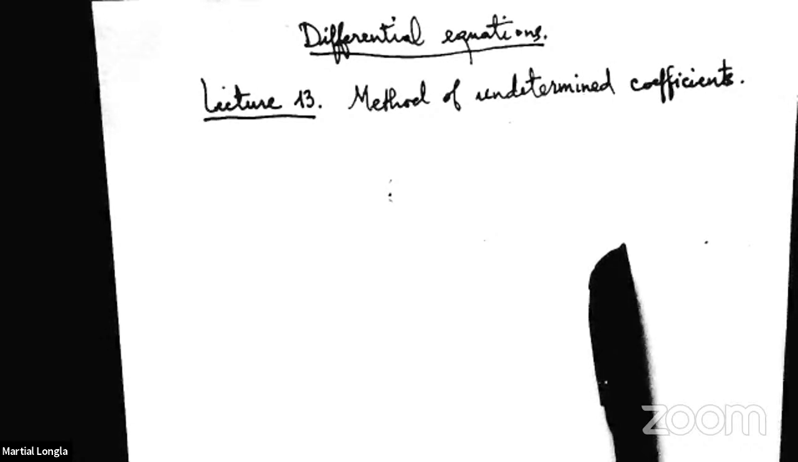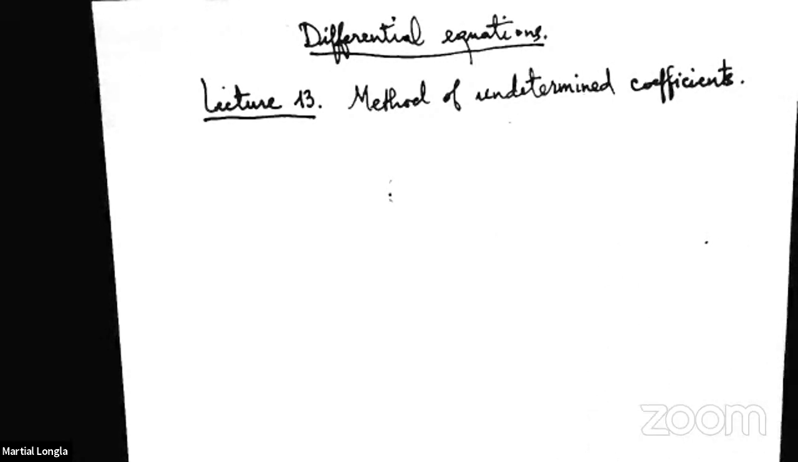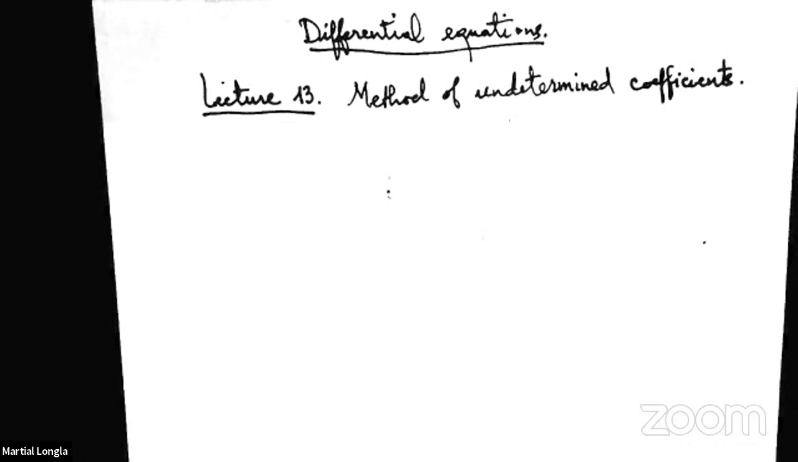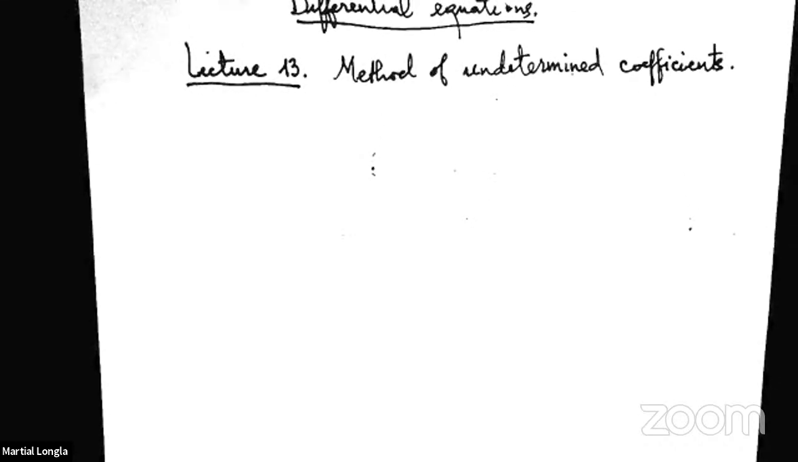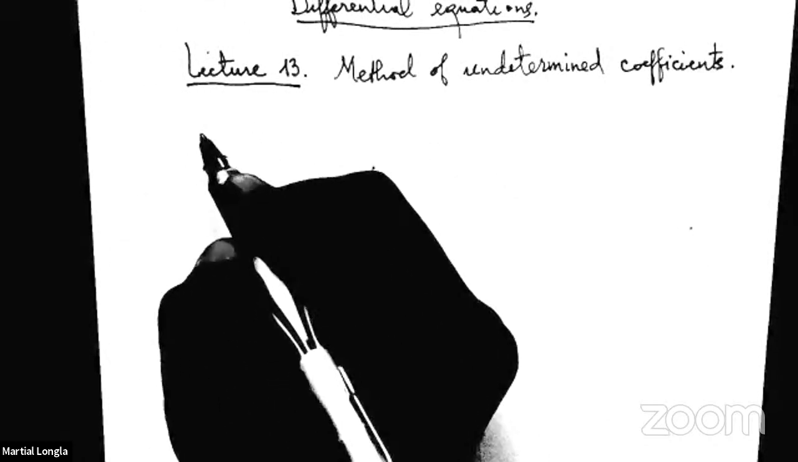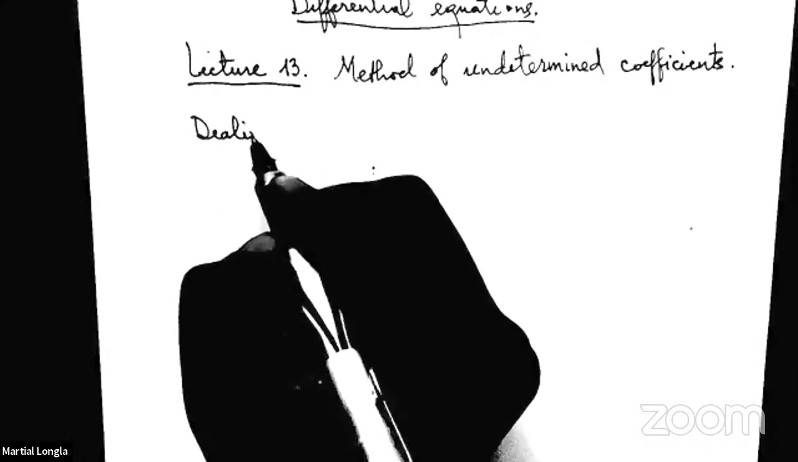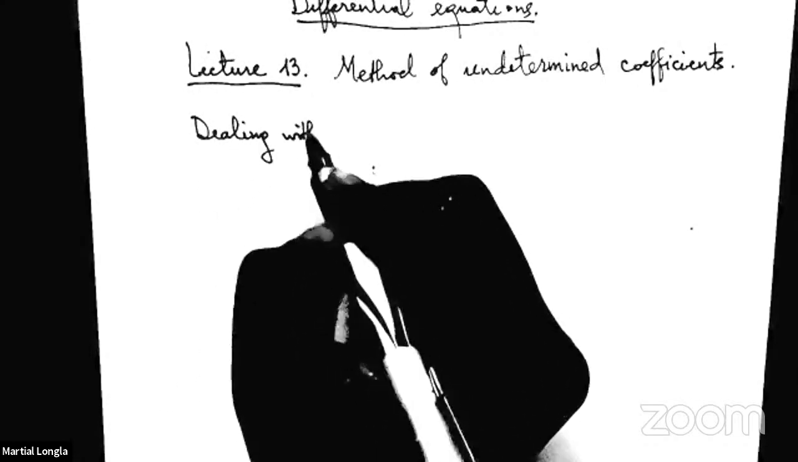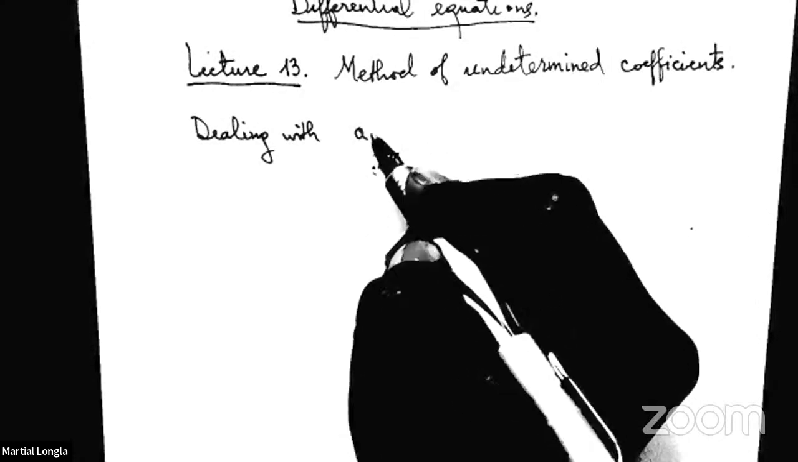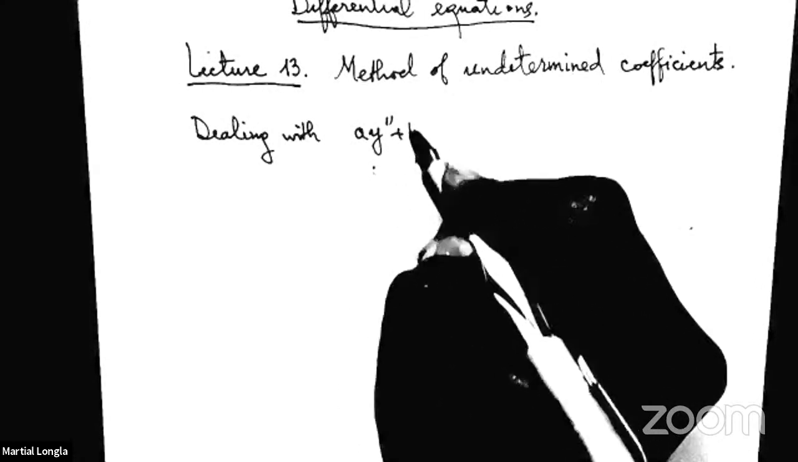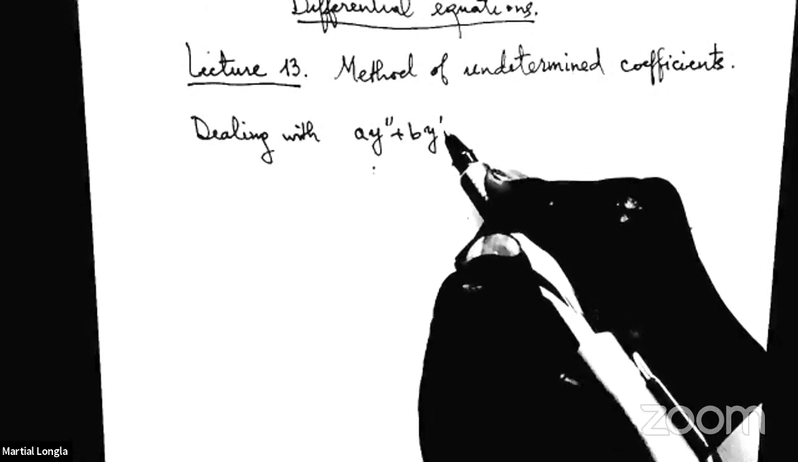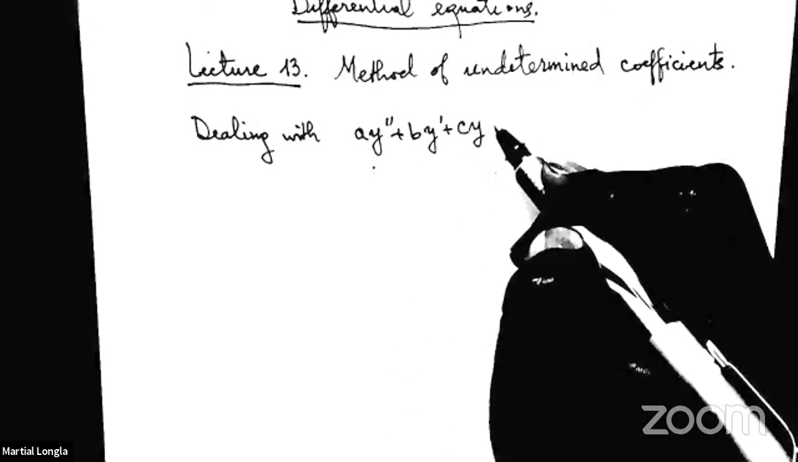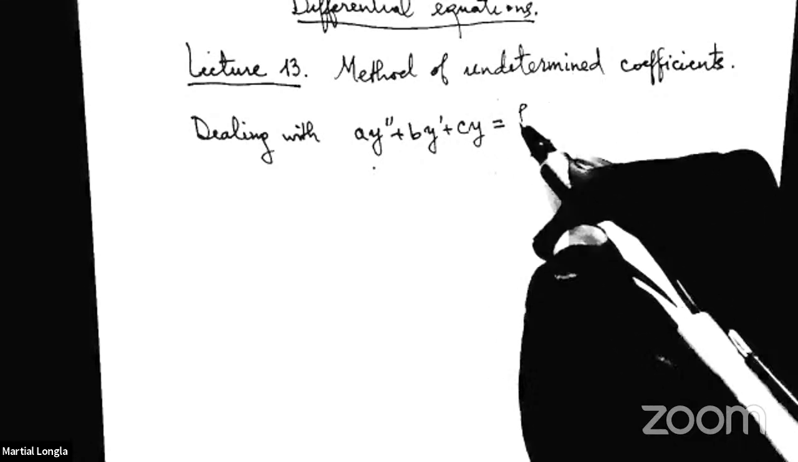So the method of undetermined coefficients will be a method that we use to solve an equation when the right-hand side is not 0, but has a specific form. So we will be dealing with this object: a constant times the second derivative plus a constant times the first derivative plus a constant times a function equals f of x,